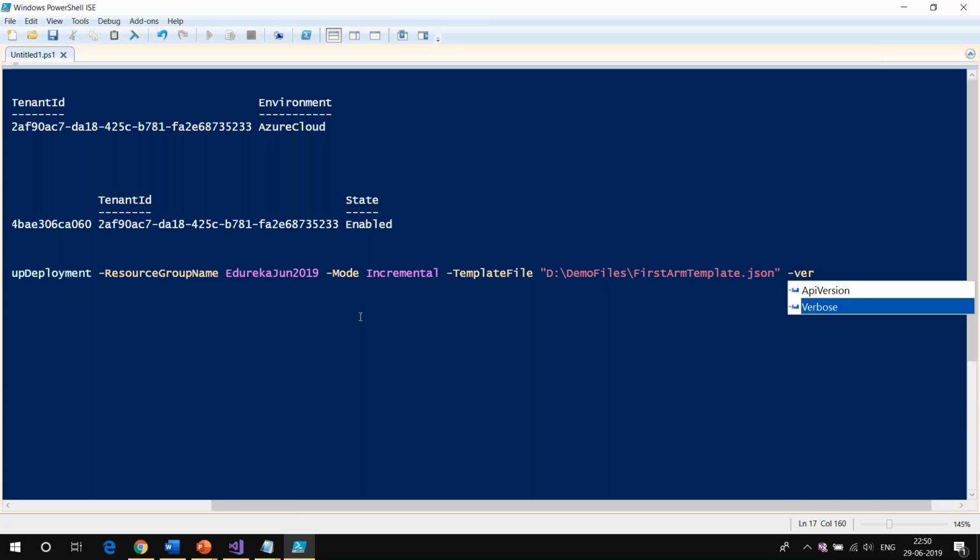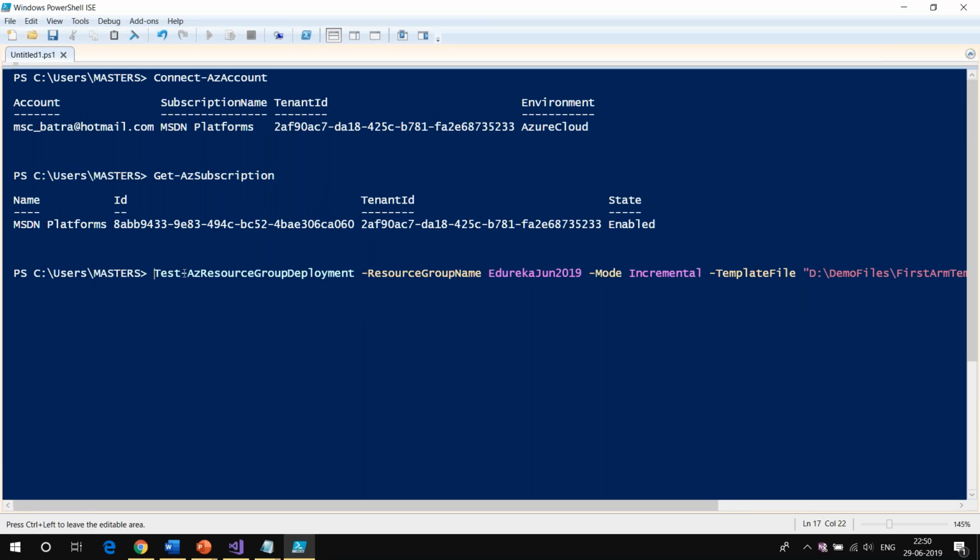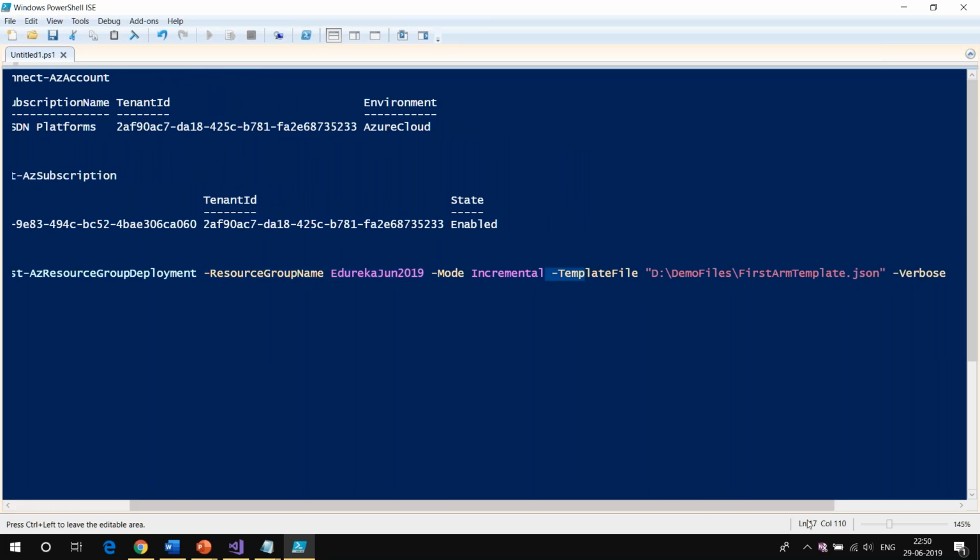Then I'm going to specify verbose. Let me tell you what all this means. First of all, we are checking if our ARM template is valid or not using this command. Then I'm providing the name of the resource group, and the mode as incremental; we are going to talk about it a bit later. Then we have provided the location of our ARM template, which is the template file, and then specify verbose.